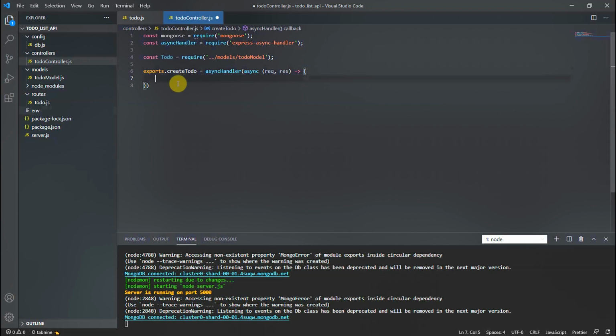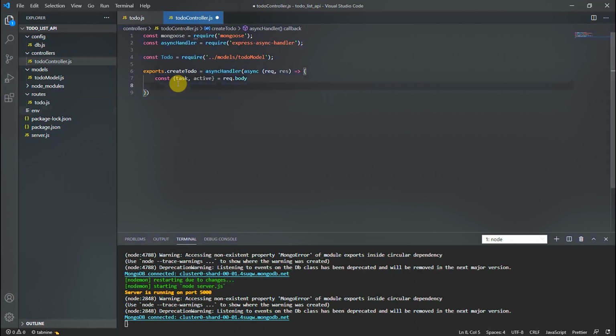For creating, const, we will get that task and that active from the request body. So from the body we will get these two variables, first one is task and another one is active. Then we need to create those.